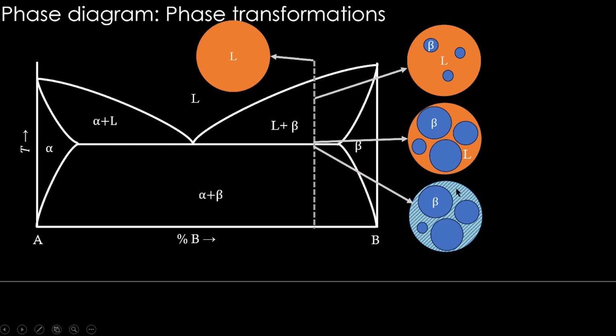And then what happens if the line is crossed? All the liquid transforms to this sort of a mixture. If we expand this part, we can see it is alpha beta alpha beta alpha beta. So this is two phases, and they occur in particular morphology. This is not a universal thing, but in many of the systems it happens like this. So this is called the eutectic mixture, and liquid transforms to this eutectic mixture below the eutectic temperature.